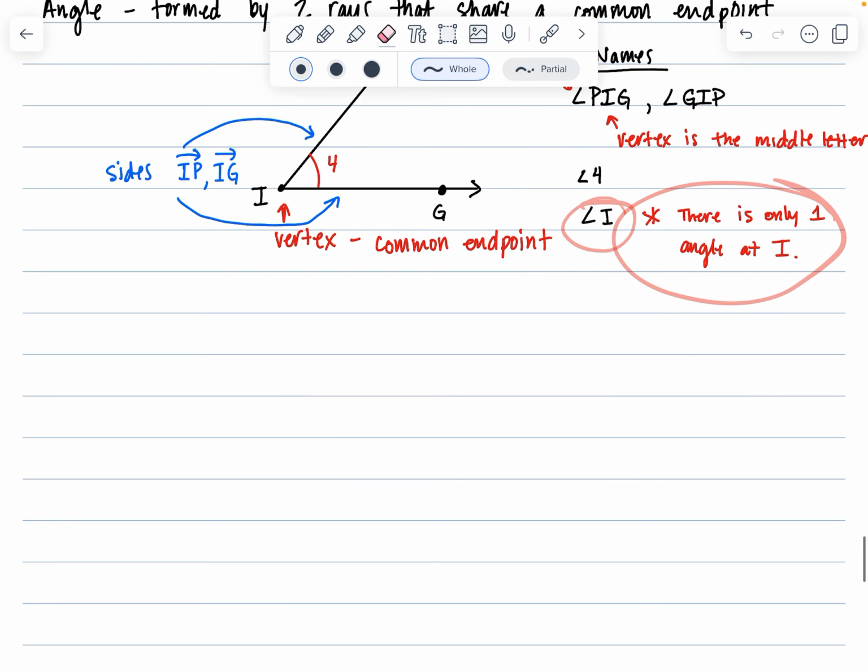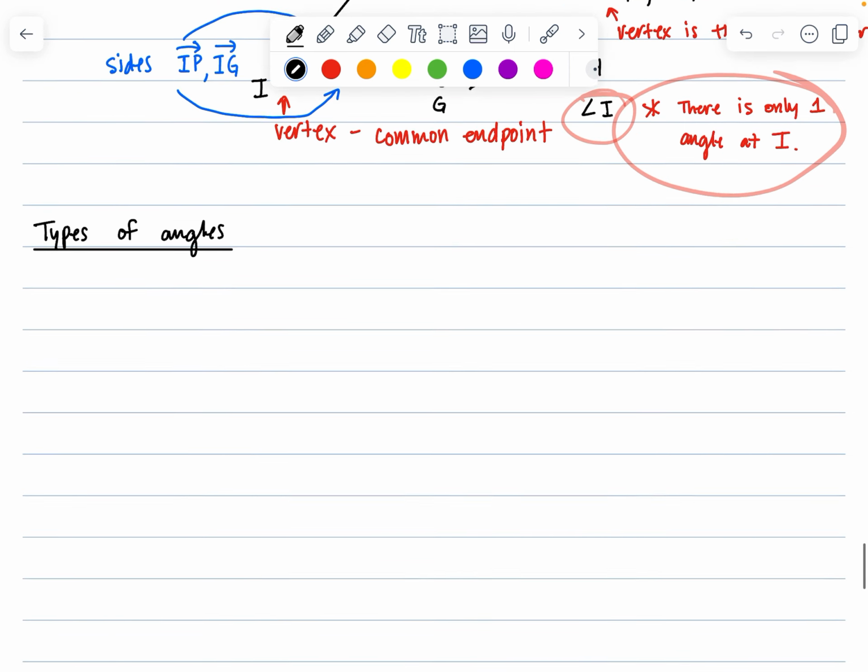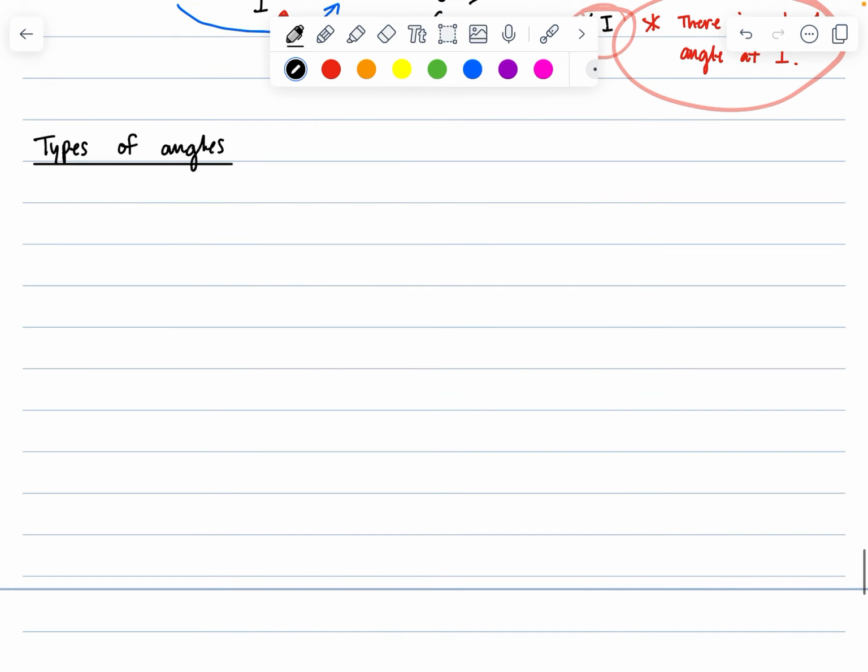There are a lot of different types of angles as well. Okay, so here we're going to do a little bit of a breakdown. Types of angles, and this hopefully is just a refresher. We have 4 different types of angles, and you might know 3 of them, and you might not know the 4th one because it's kind of uncommon to talk about them. The first type of angle looks like this. Ooh, that's supposed to be curved. And it is an acute angle,